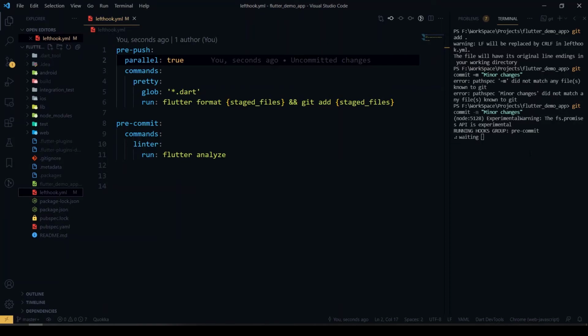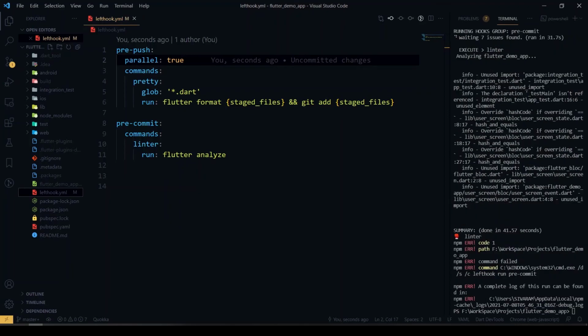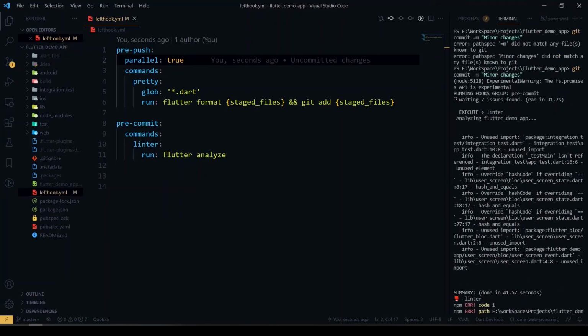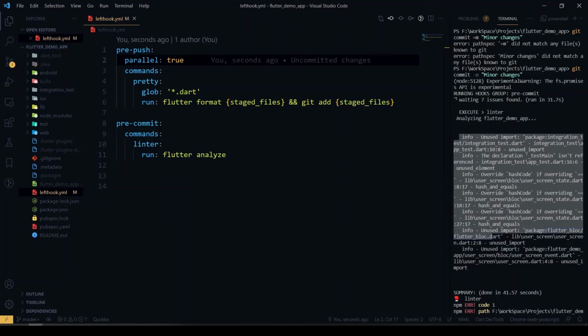It will also let you know which files have infos and which files have errors. It will print all those files in our terminal itself. Yeah, you can see there are 7 infos in our project.